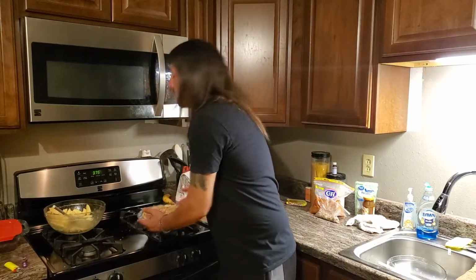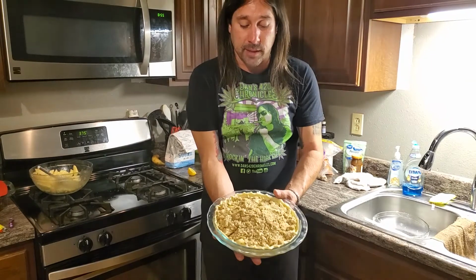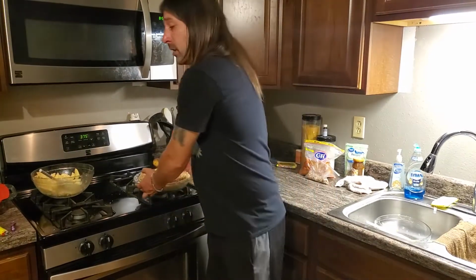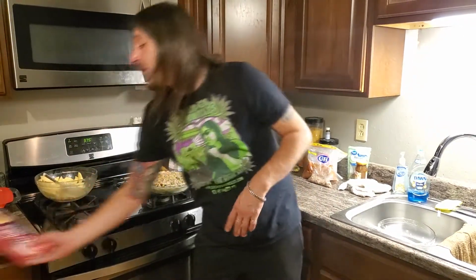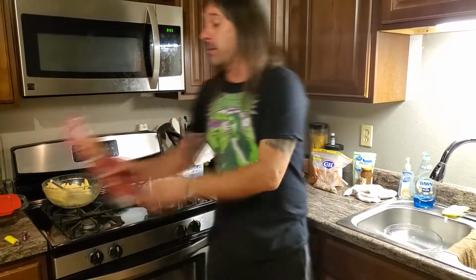Alright, so here's what that is going to look like when you finally get that top layer on the top. Last step actually before it goes in the oven is to take our, no, it is not to take our pie crust, so we are not going to. So, good thing you're not completely following this video to make this